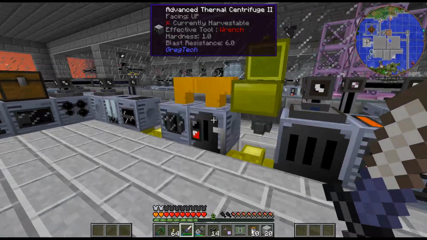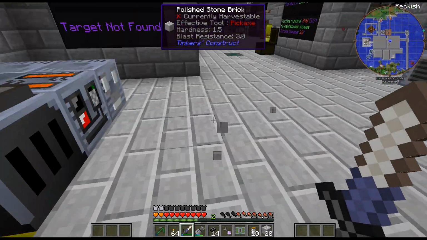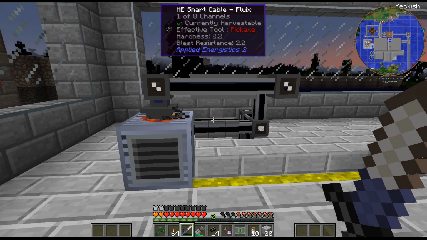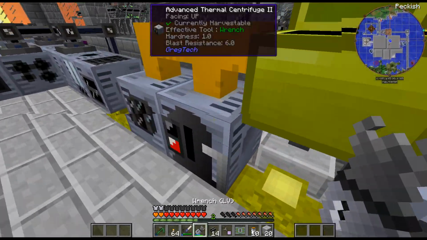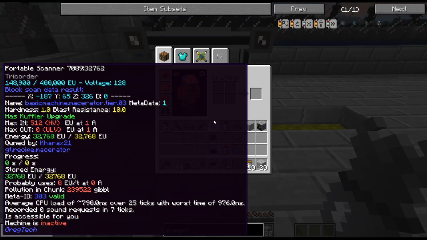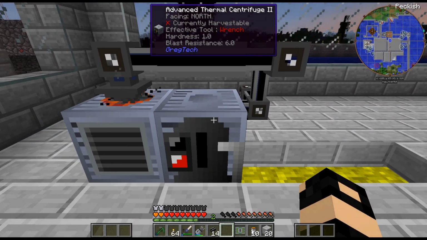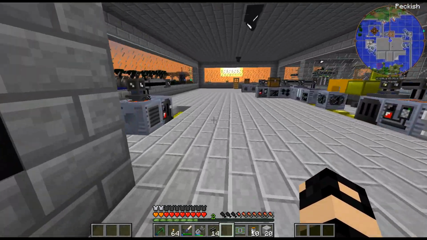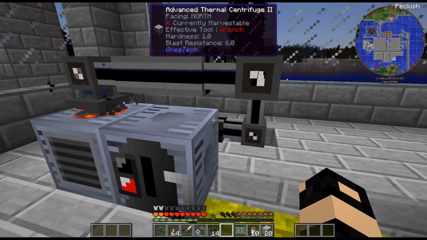Now, thermal centrifuge. There's not a whole lot of stuff on this, so I think we'll just do an export bus and an import for the thermal centrifuge. And then I will do a filter, and I'll just filter the few things that I want to put in there, because I know bauxite I want to put in there, ilmenite, I think, maybe platinum. There's a few things in there, and then if I need more than 9,